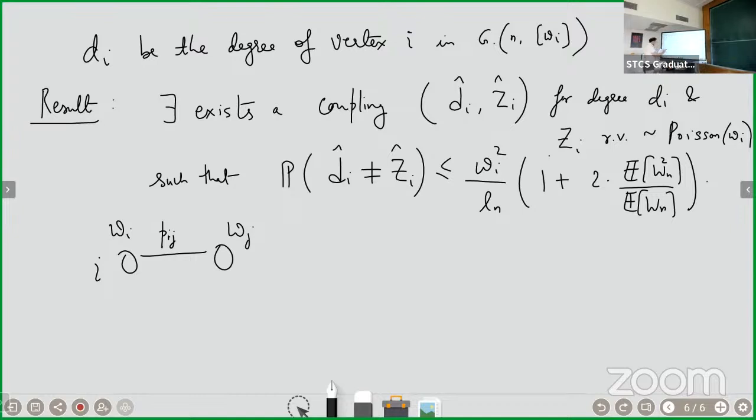So there's some technical condition on the degrees d_i's. So part B, this is A. If n goes to infinity, max, then B1 equal